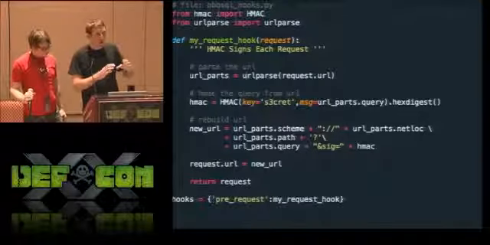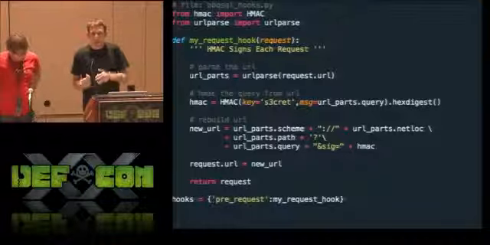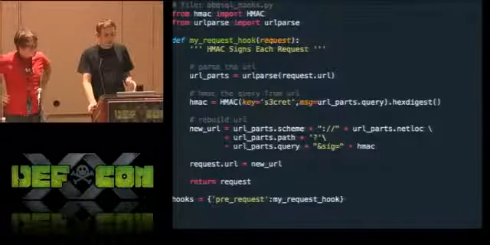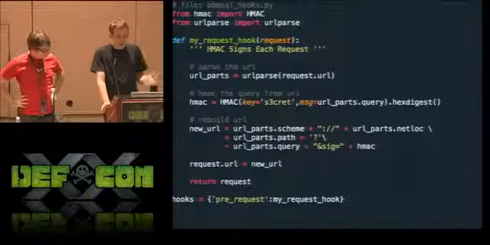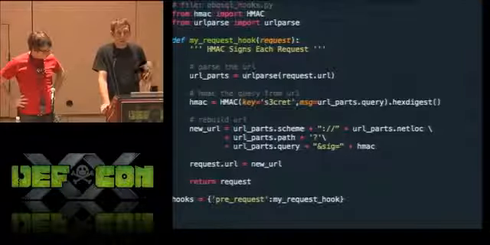So you can intercept each and every request right before it gets sent, or you can intercept the response right after it gets received. And what this allows you to do is do funky things like HMAC signing parameters. So the way that you use it with the tool,